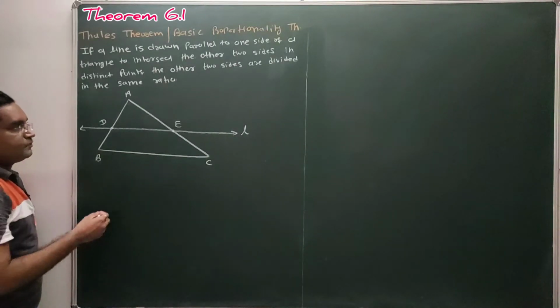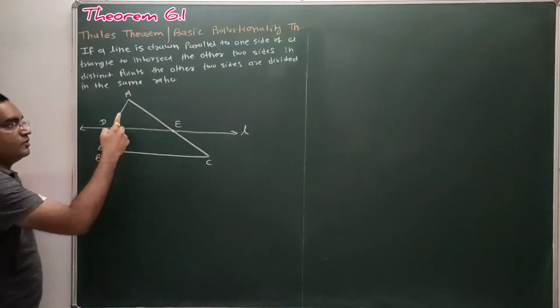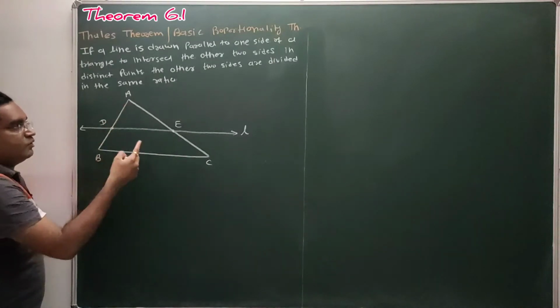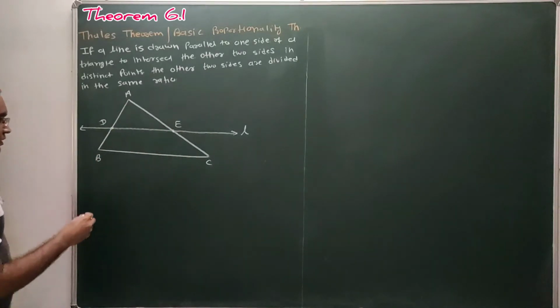So what we have to prove? These two sides of the triangle are divided in the same ratio, that is AD upon DB equal to AE upon EC. That we have to prove. So let's start with the